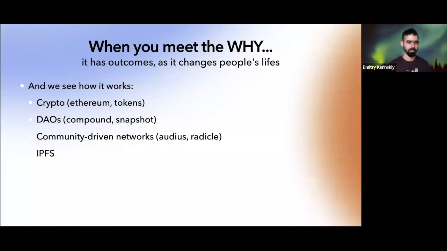Like we see crypto and how it evolves, because we have solutions for crypto. We have blockchains, we have smart contracts, we have tokens, we have governance, and DAOs are a completely new field. I personally believe that it's huge and super important. We have many approaches to DAOs and to governance. We have protocols like Compound, which are essentially smart contracts. We have some more centralized solutions like Snapshot to help you manage your DAO. That's essentially because we can do the DAO.